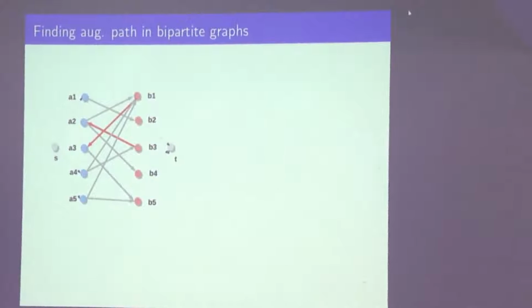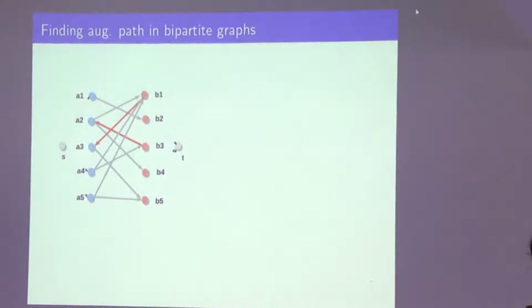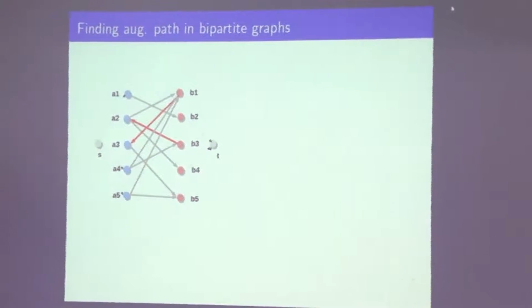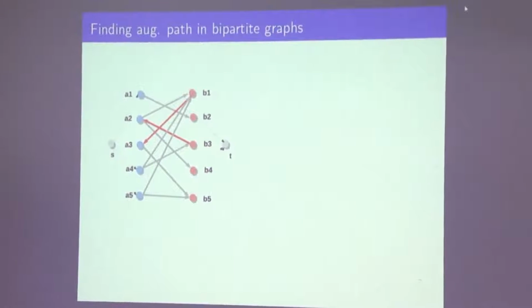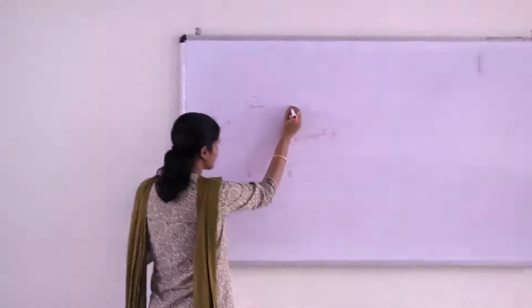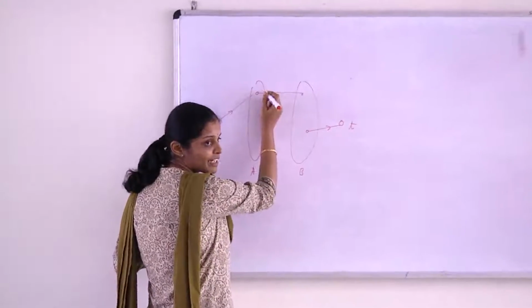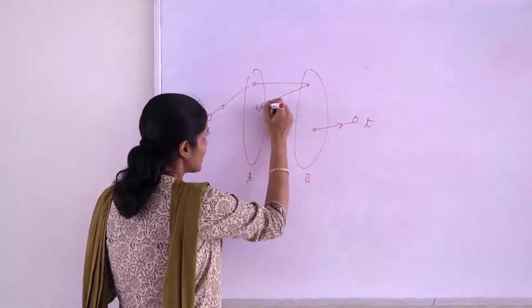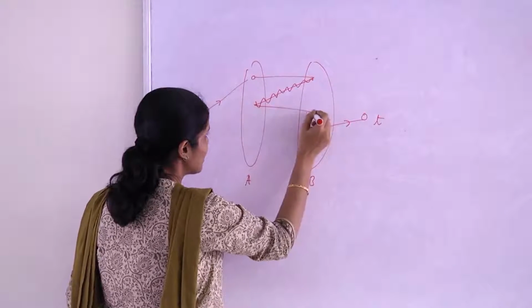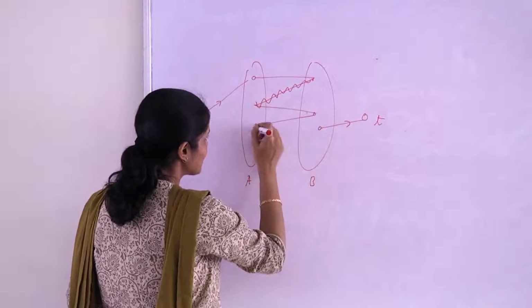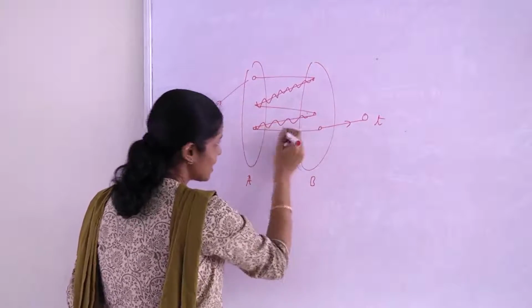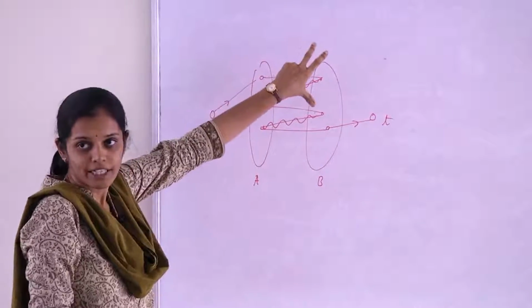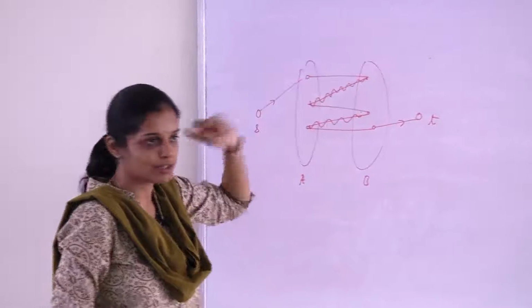Is this construction clear? Now you have to also ensure that the augmenting path actually goes in the correct direction, right? There is an augmenting path which did not have directions initially. Possibly this is the path. Since this is a free vertex, this has to be a free edge. Then there is this matched edge. There is a free edge. There is a matched edge. And there is a free edge. And that is why this was an augmenting path in your original graph with respect to the matching.